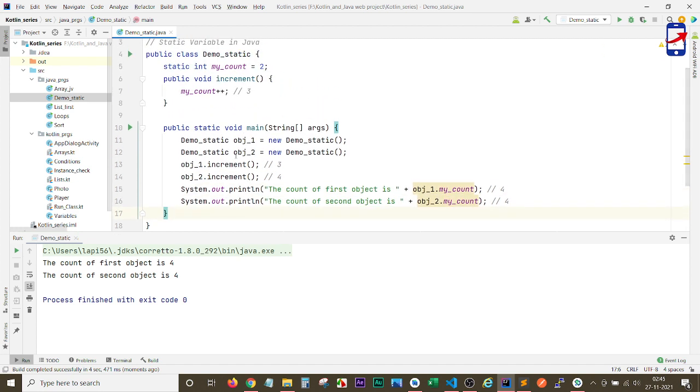On the first call, it has become 2 to 3, and on the second call of the method, since the value was shared between the objects, 3 becomes 4.